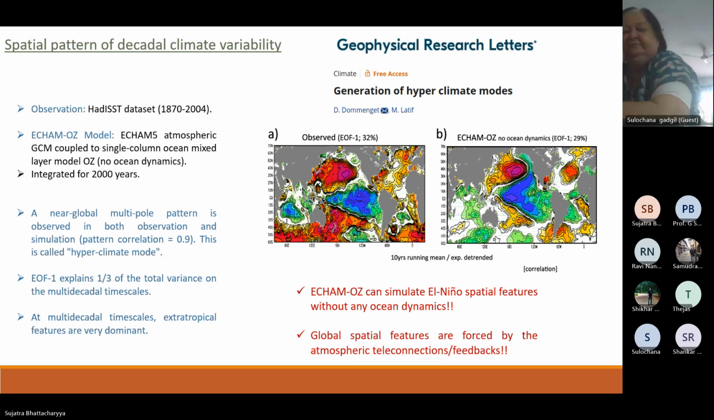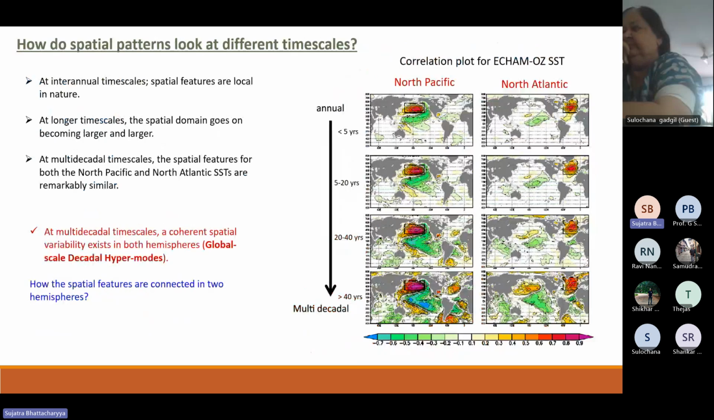So we'll just go back and we'll try to look at how the spatial patterns look at different time scales, right? So this was the last plot. The last slide I showed something like this, the multi-decadal time scale and how the plot looks. But in order to address how the spatial patterns look at different time scales,